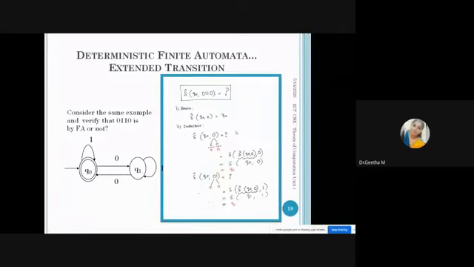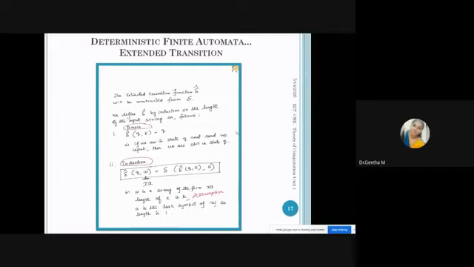So the meaning is again you will be getting the same state. We started from Q naught, so Q naught only you will be getting as output of the basis step. So we complete the basis step. Come to the induction step, the second step. You want to apply the second formula. The second formula format is Q comma XA. So this is the second formula of the extended transition.